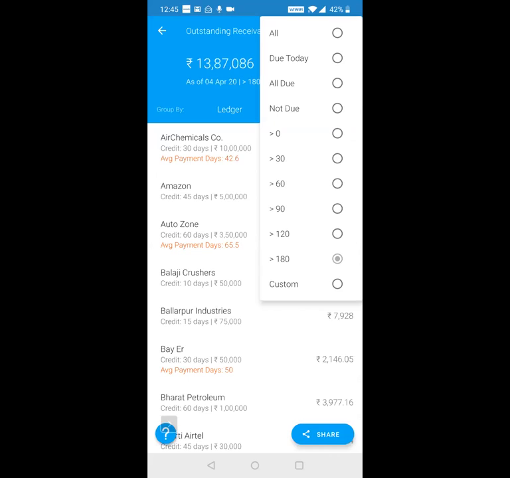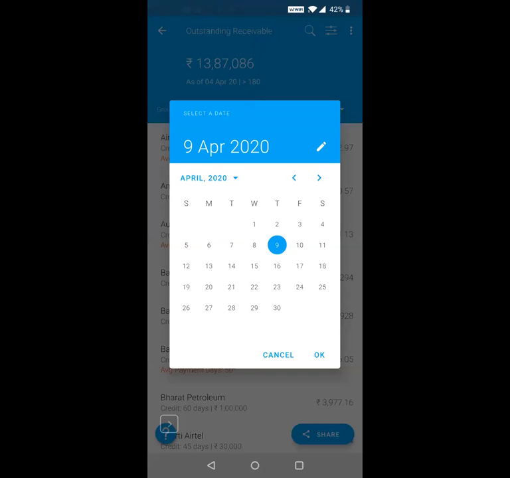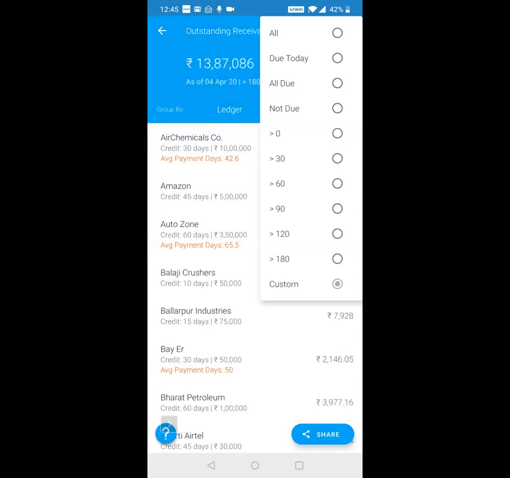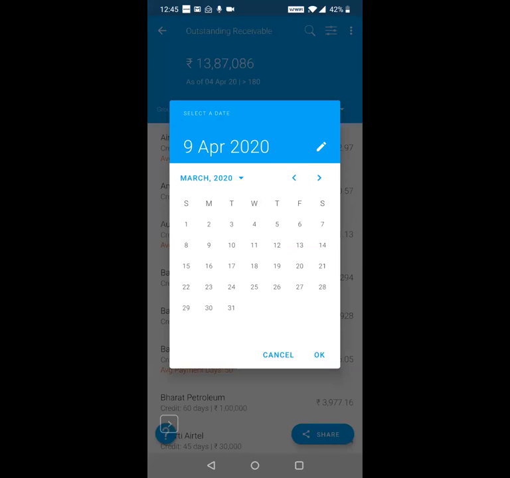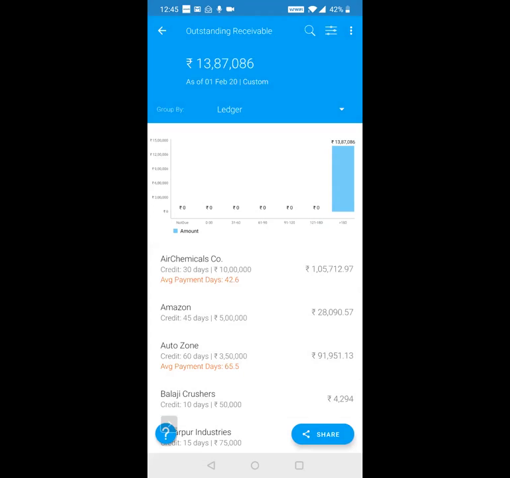Sometimes we say to our customer, sir, why don't you clear off all the bills at least till 1st of February. You can pay the bills after 1st of February later on, but at least 1st February tak ka clear off the bills. Okay, so I think I'll show it again. So you choose custom and you select 1st February and say okay. So first, all the bills before 1st February that were due, you get the total amount here.